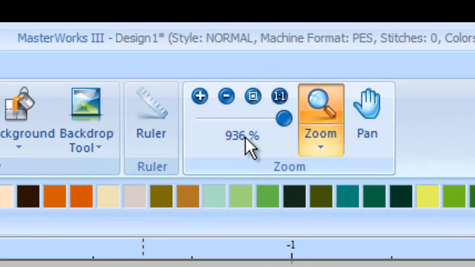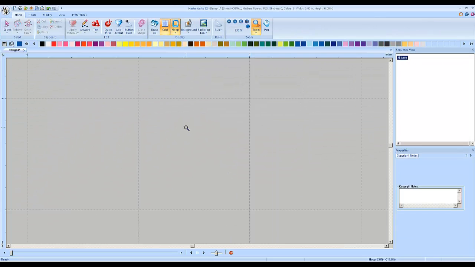And look, I'm at 936% zoomed in here. Generally, anywhere above 600 is going to be good enough to do this. My screen resolution is going to allow me to go up in the 900 range. Normally, I would not tell you to digitize at this level of magnification, but it's what you've got to do for this particular technique. So the square that we have selected is this one here in the middle,